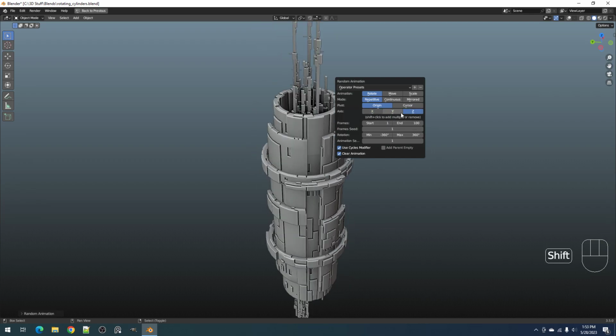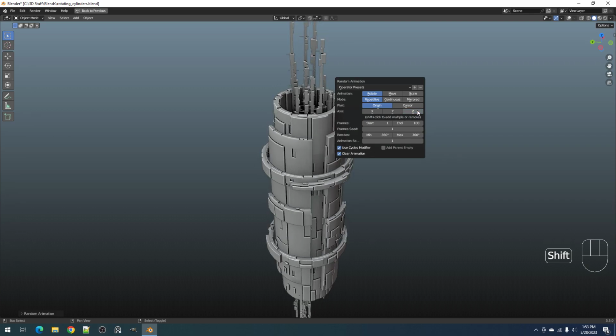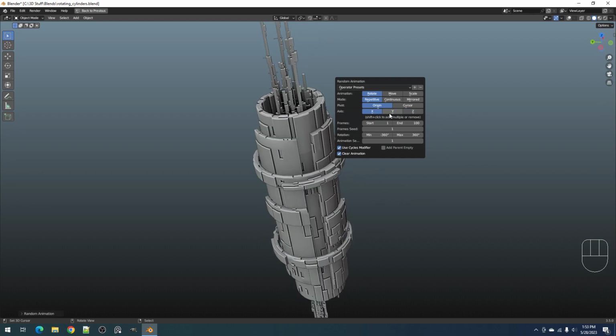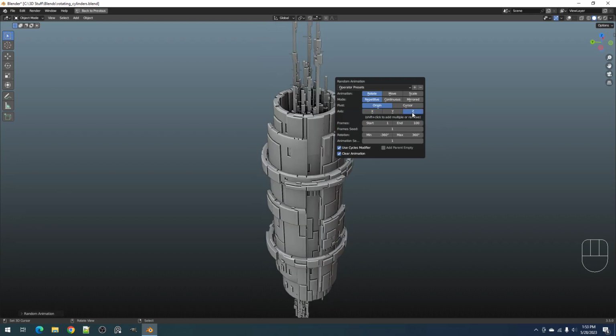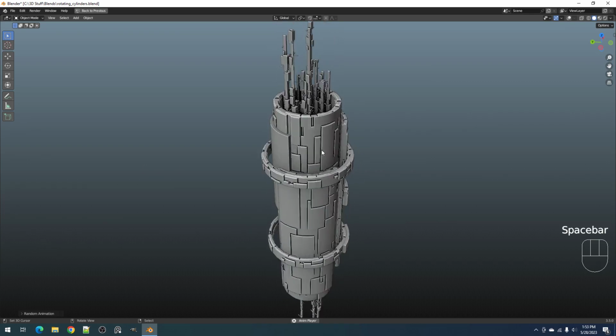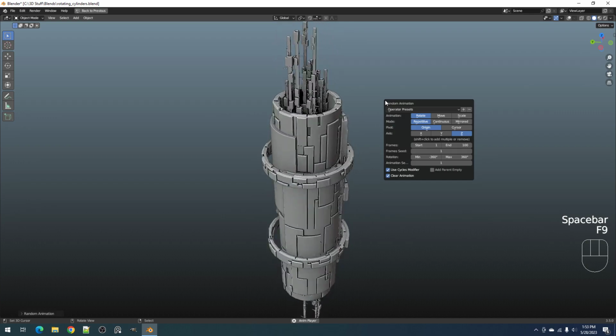You can select multiple using Shift or delete one using Shift again. But if you just click, it will select just a single axis. So if you want to animate this, press space to animate and then